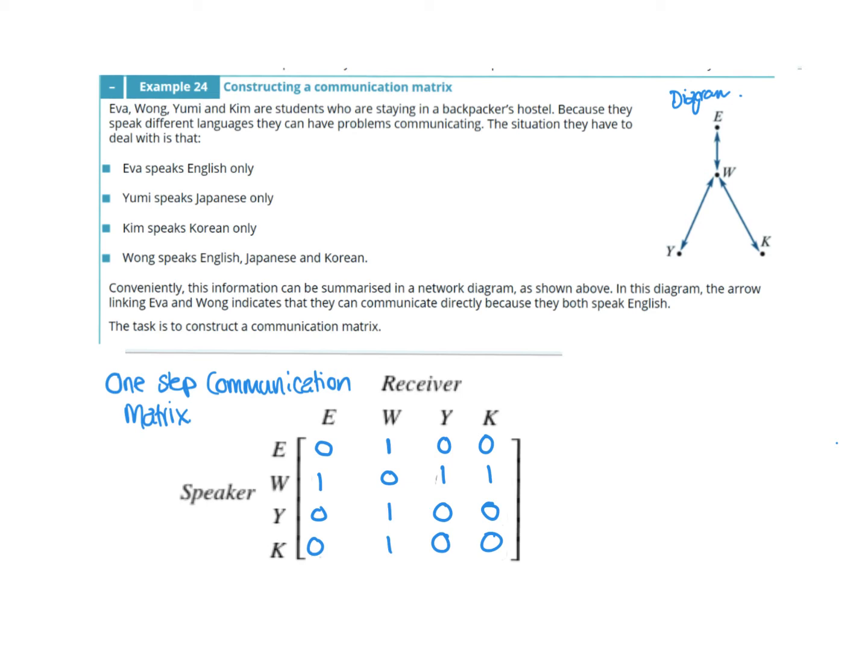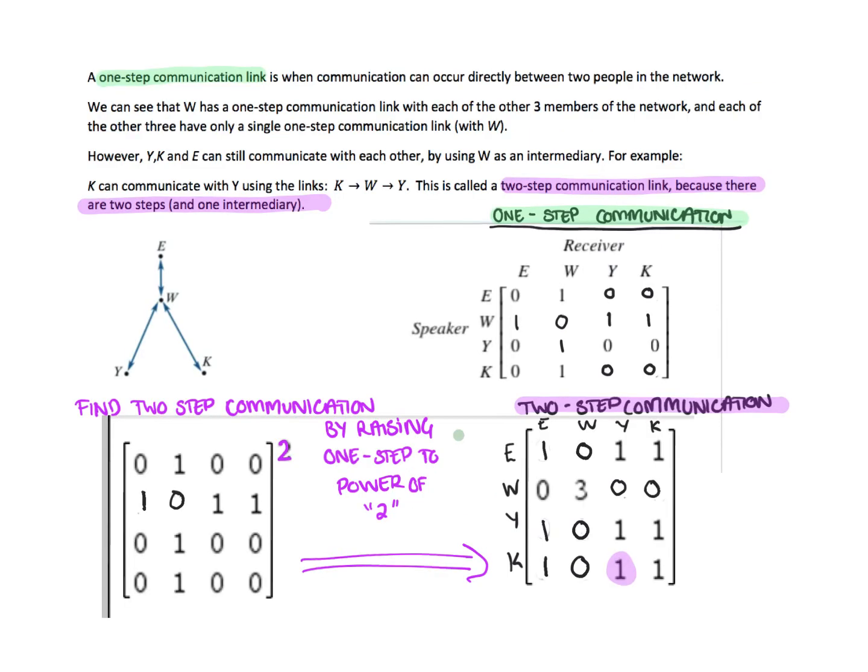So is that what everyone got? Yes. And we can see that there's zeros down our leading diagonal. Okay, so what we just looked at, when we did the direct who could talk with who, was the one-step communication. What we're going to do now is look at two-step